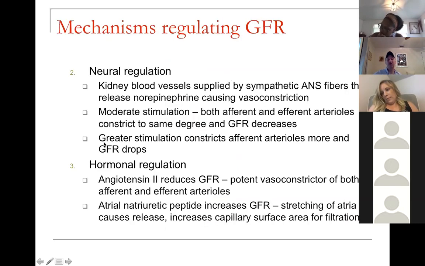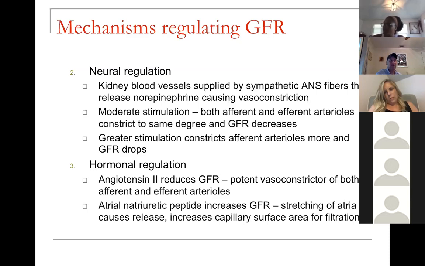Now, the neural regulation, this is pretty straightforward, right? The kidneys have blood vessels that are supplied by the sympathetic autonomic nervous system fibers, and norepinephrine causes vasoconstriction. Okay? You're like, okay, I got that. Woohoo. And normal or moderate stimulation will cause both afferent and efferent arterioles to constrict at roughly the same degree. You're like, how does Mother Nature do this? Well, she releases the neurotransmitter and they